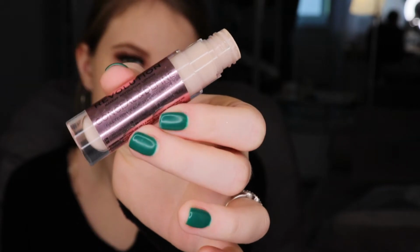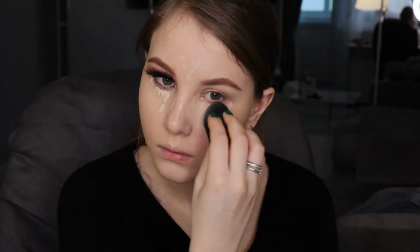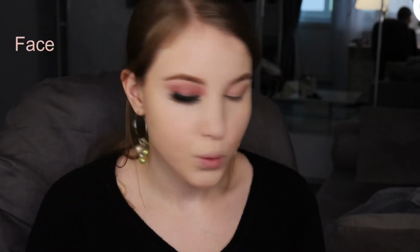Apply a little bit of a concealer. Today I'll be using Makeup Revolution Conceal and Define. Don't worry, I'm gonna repeat this step on my left eye. Great, I really like how this whole makeup look comes together, and the next step is pretty simple, is to set my eye with